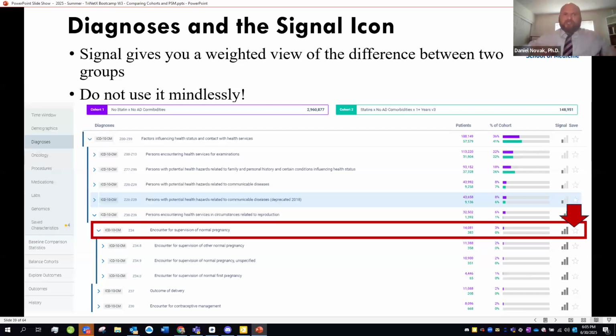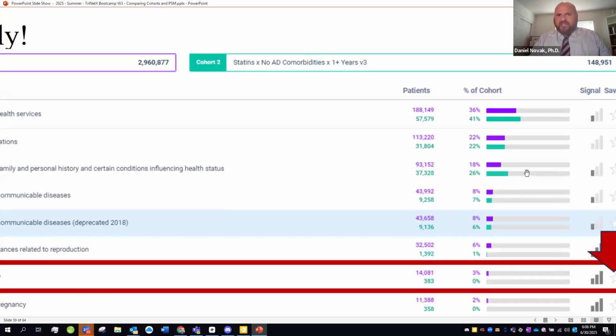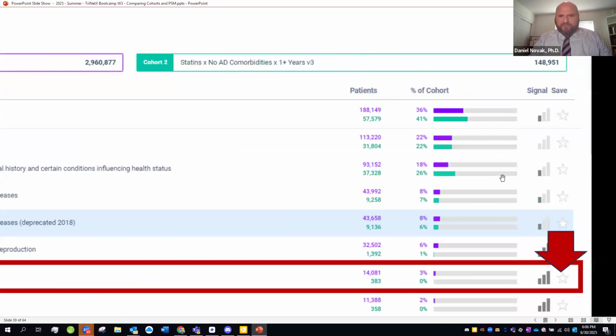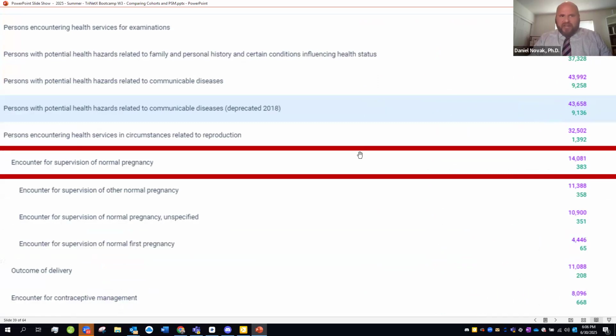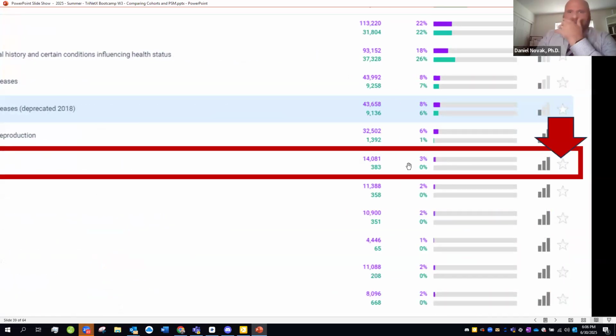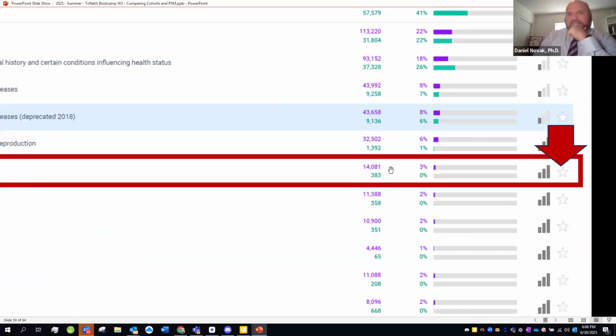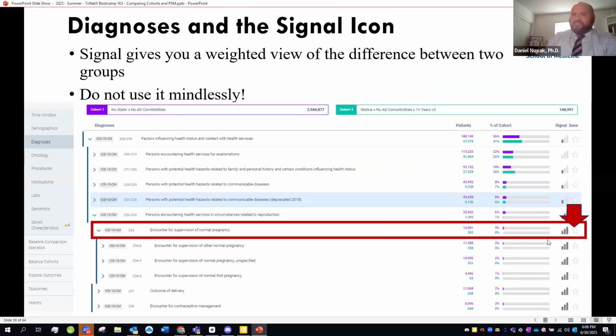What it does is it essentially shows you all of the ICD-10 codes. And over here, you can see, again, in these percentages, our statins group has been pregnant less on average than the no statins group, because the no statins group are younger. So before our study starts at age 45, more of them have been having pregnancies during that time frame. Really, only 3%. But if that's something that's important to your study, you can select that and have that added as a covariate in